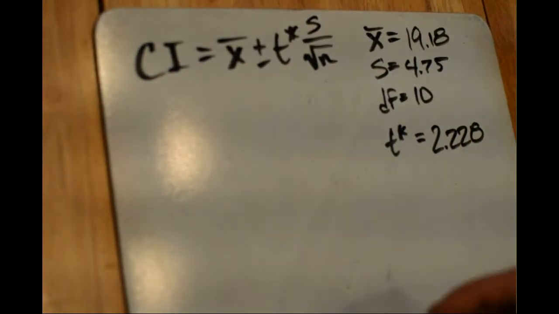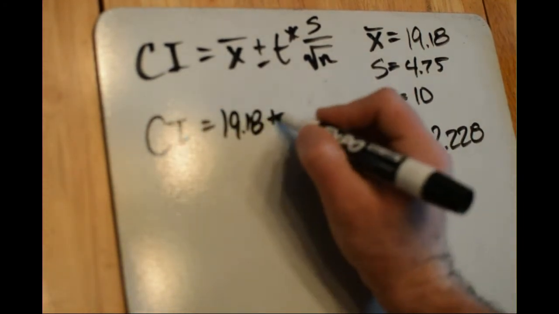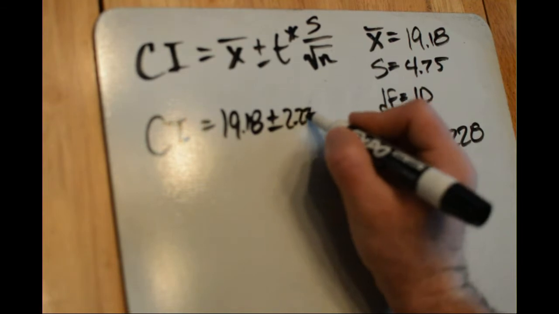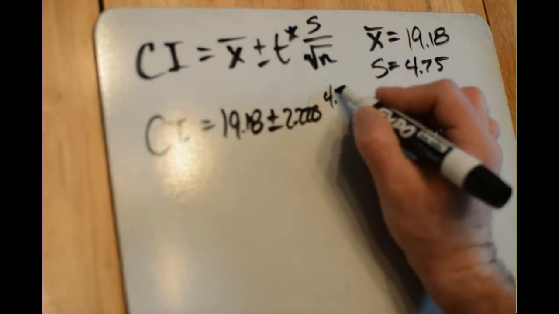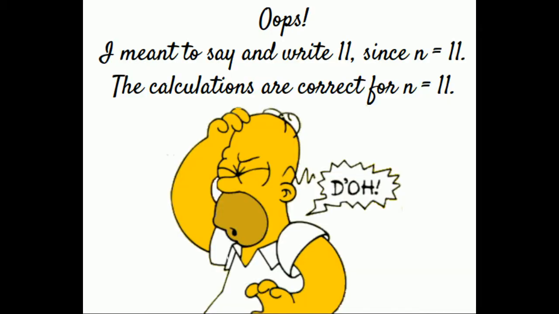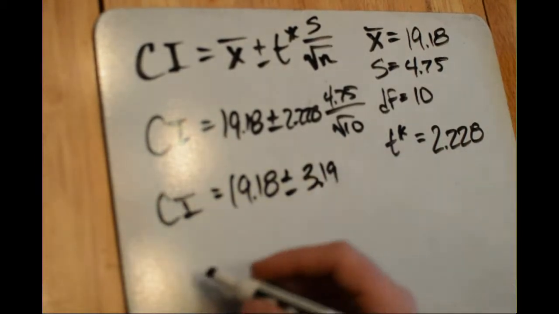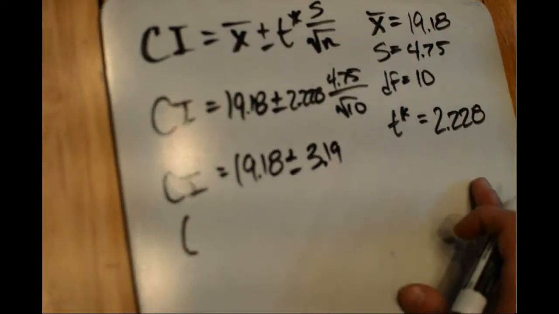So go ahead and write that down there. Our confidence interval is going to go from 19.18 plus or minus 2.228 times 4.75 over the square root of 10. And if you calculate that out, what you get is 19.18 plus or minus 3.19 pounds. That's going to give us a confidence interval that goes from